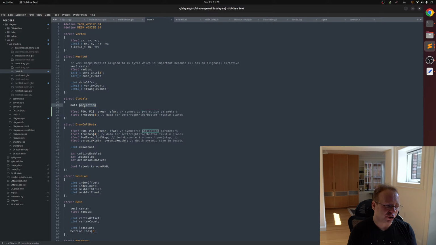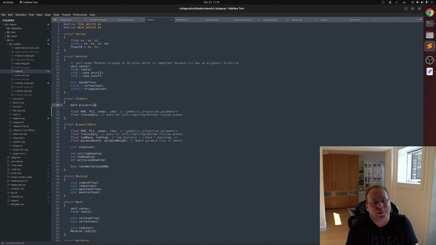Near, I think, is in the projection matrix. Far, I think we use an infinite projection, so for us the far plane is an artificial construct that just limits how far we draw. It doesn't limit the actual projection parameter. So realistically, we could have just